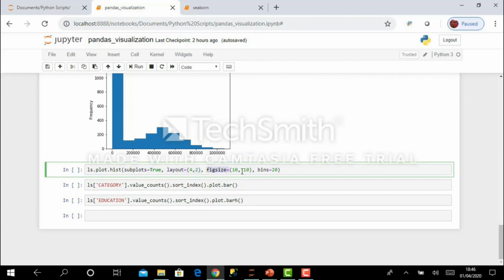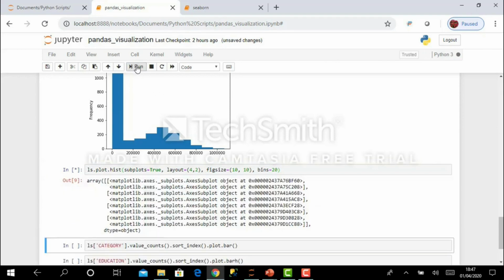This is the total figure size, and this is the bins. We have already discussed bins. Bins means the number of ranges. So here you can see 0 to 10,000, 10,000 to 20,000, each is a bin. You can set the number of bins as you have seen in matplotlib. It is a similar kind of thing.